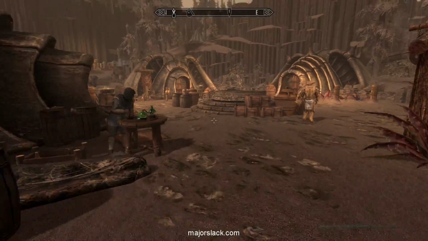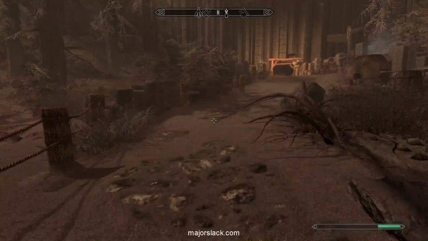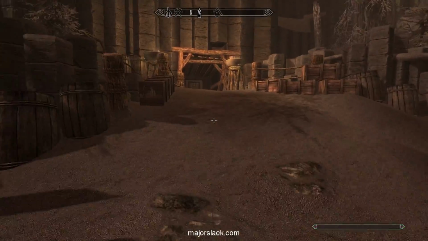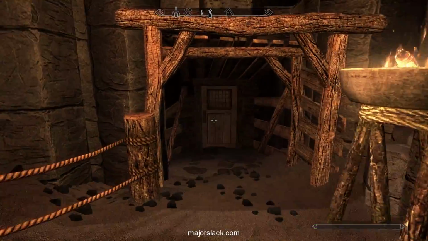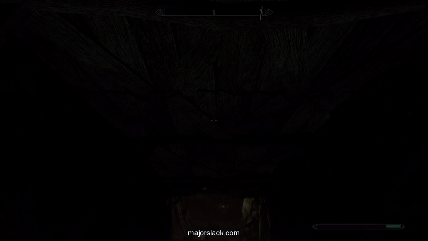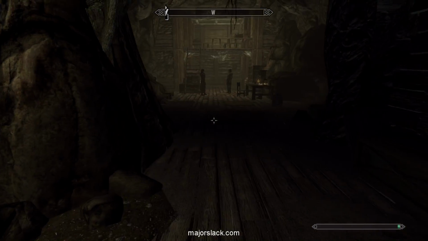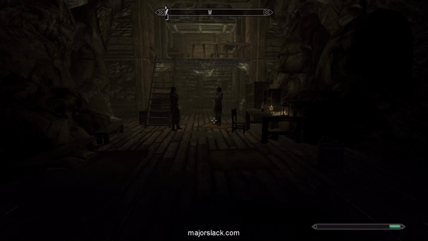Also, we got this little side quest to retrieve the ancient Nordic pickaxe. Let's go get that because we could use a pickaxe. This will require plowing through a whole bunch of dialogue with Cretius in the Raven Rock mine. I'm just going to fast track that and get to the point. There's no other way around it. You have to plow through all that dialogue and then finally get the dialogue option to ask him about